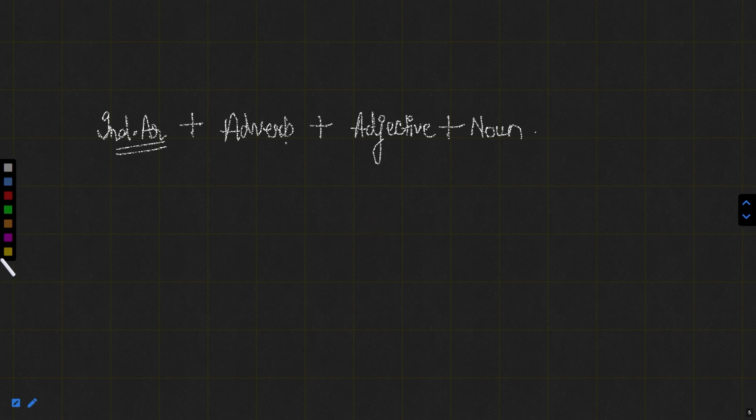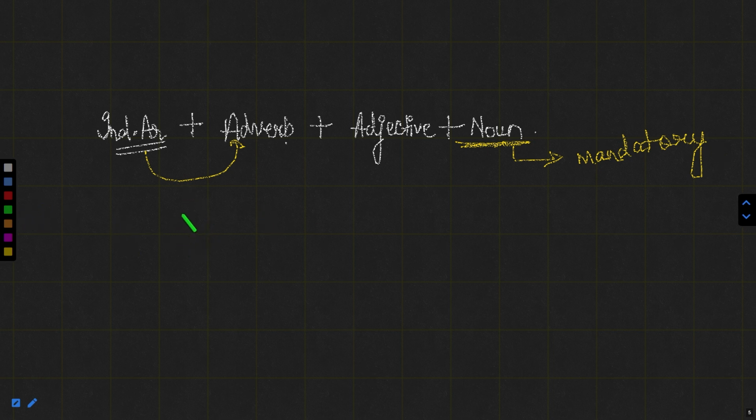But in this case, the use of the indefinite article depends on the nearest word. It means which indefinite article we have to use, either a or an, depends totally on the nearest word, that is the adverb. But in this sentence, the noun is mandatory, it is compulsory to come. If it is not present in the sentence, there is no need to place an article. How? Let us see some examples.